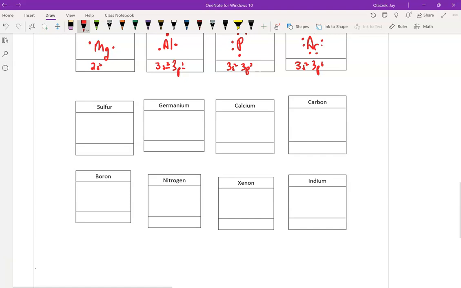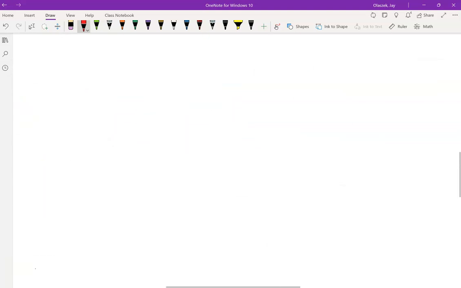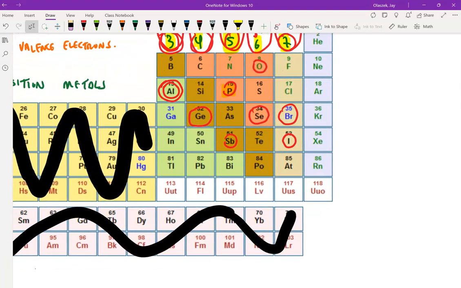All right, we got the rhythm now. Here is sulfur. Sulfur is in the same column as oxygen. It is in row 3. It ends s2p4, so it has 1, 2, 3, 4, 5, 6 electrons in the valence. Germanium, I can't remember where that one's at. I know it's in the same column as carbon and silicon. There it is. It's in row 4, and it ends